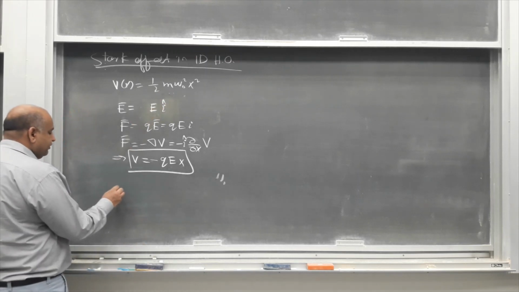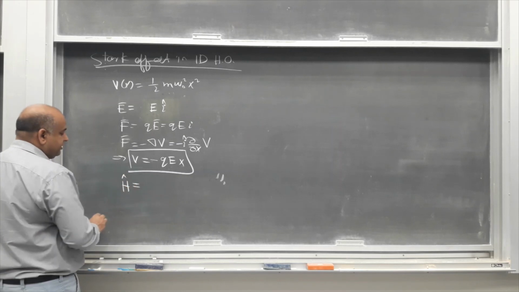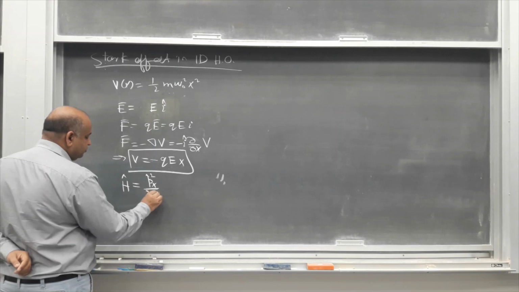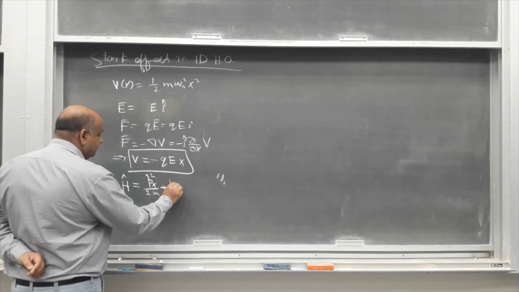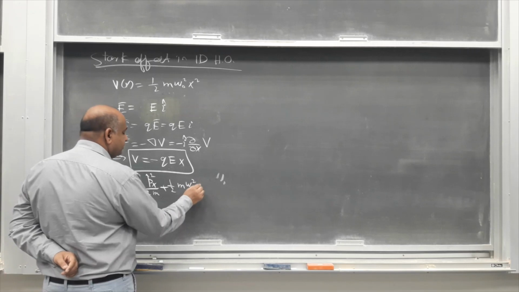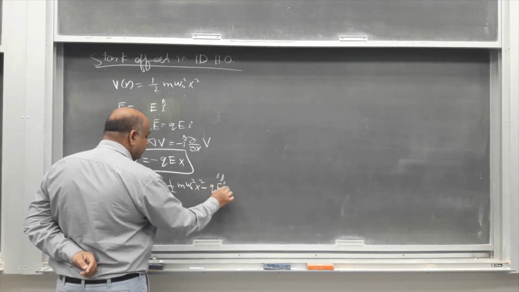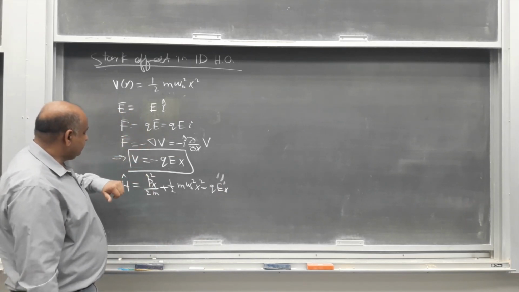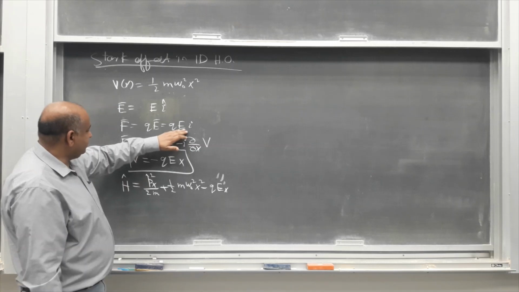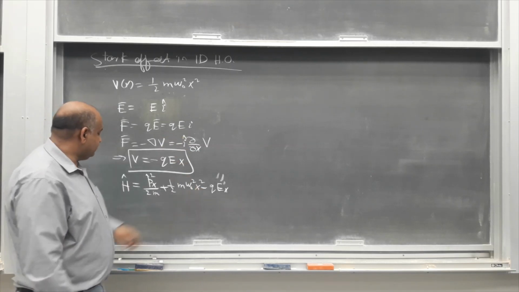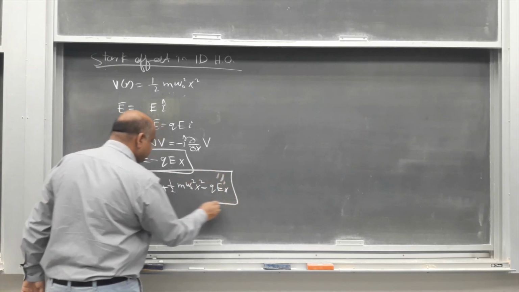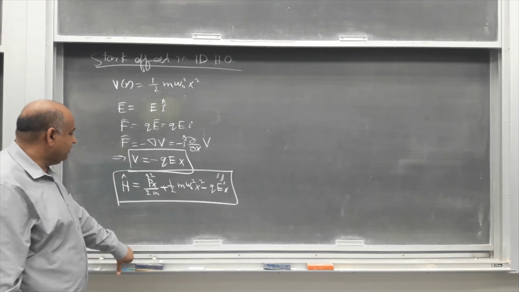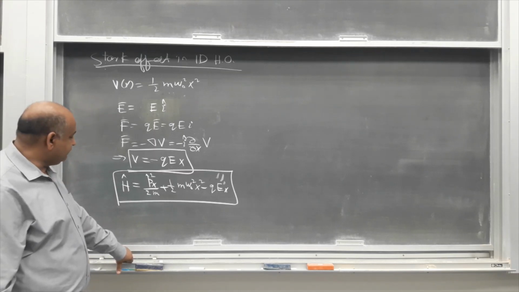So now the total Hamiltonian of this particle is kinetic plus potential energy, which is px squared over 2m plus half m omega naught square x square minus QEx. So we have a 1D harmonic oscillator which is placed in an external electric field along the x-axis. So this is its total Hamiltonian. By the way, this happens to be a Hamiltonian that can be solved exactly in itself, but for the